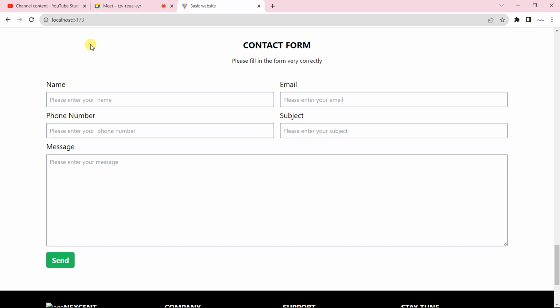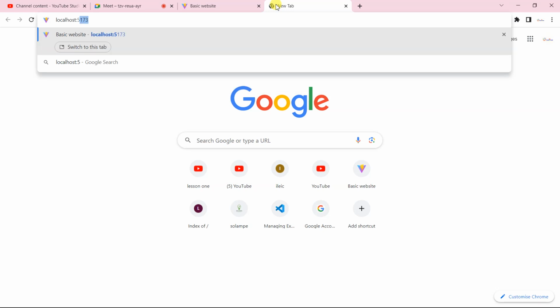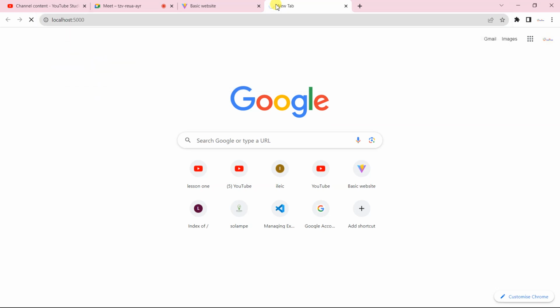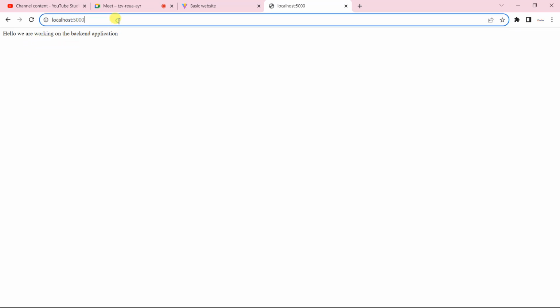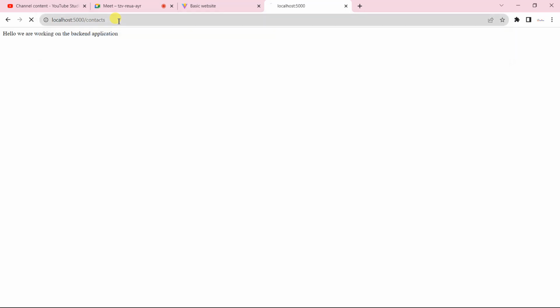Now it's sent, but we need to see some message that will display here like thank you for contacting us, your message is successfully sent, something like this, that proves you have already sent everything. But how do we get this one back? So here we can go and test it by putting localhost 5000 like this. You can see hello, we are working on the back end. So this is the entry point. If I put slash contacts like this and press enter, you'll see I have this JSON file here, but